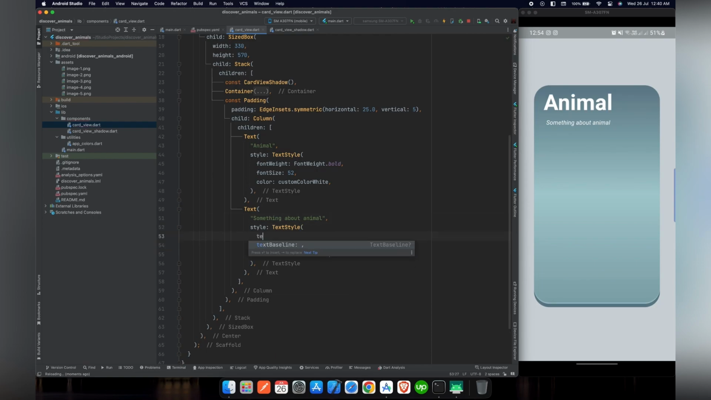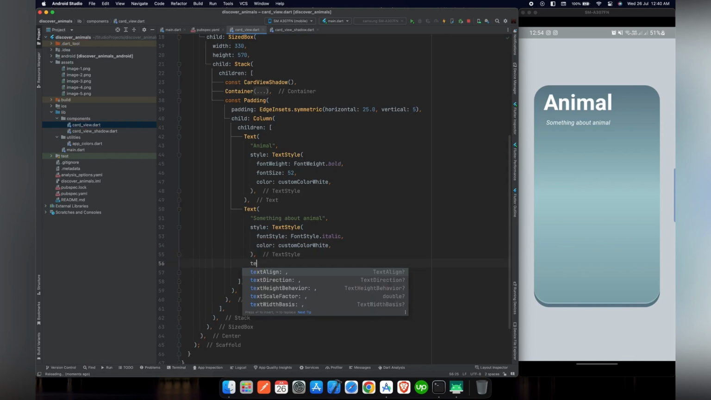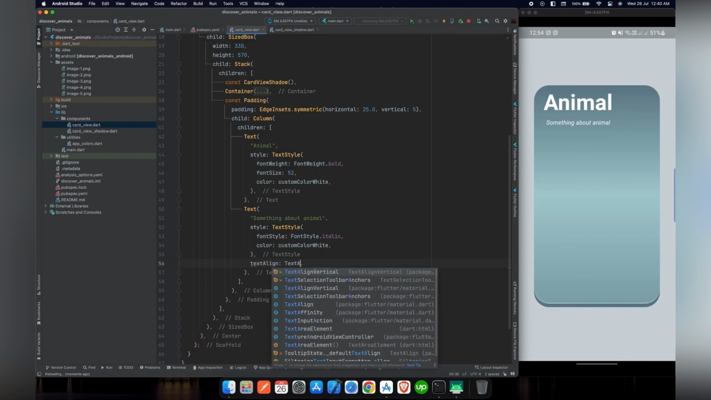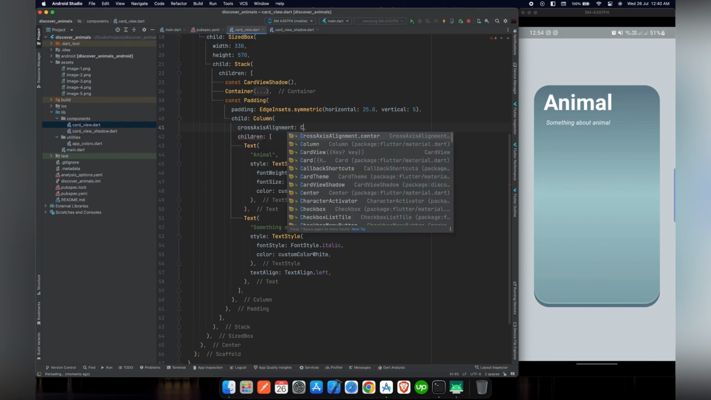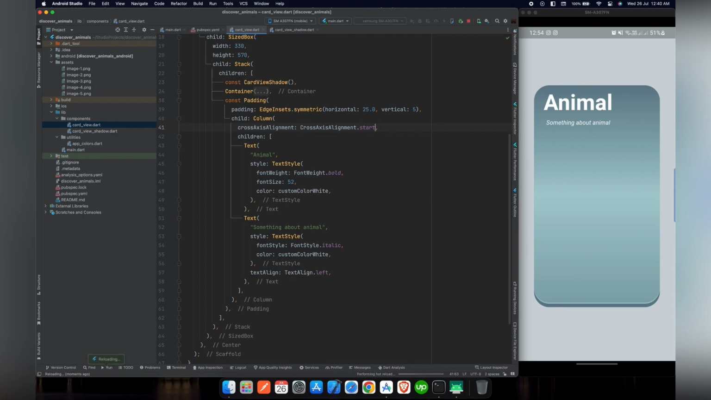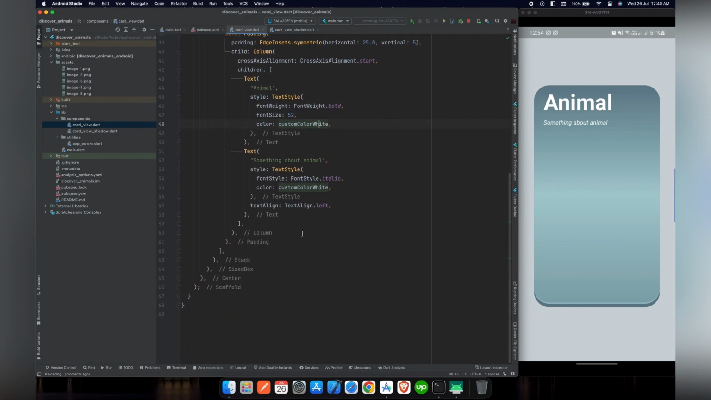As you can see, our description text is not in alignment with our title text. To resolve this issue, we can give it a text alignment. If we set our text alignment to the left and reload our code, the text should change, but it does not change. For this, we can use cross-axis alignment of our column and set it to start. And if we reload our project again, we can see that our description text is now perfectly aligned under our